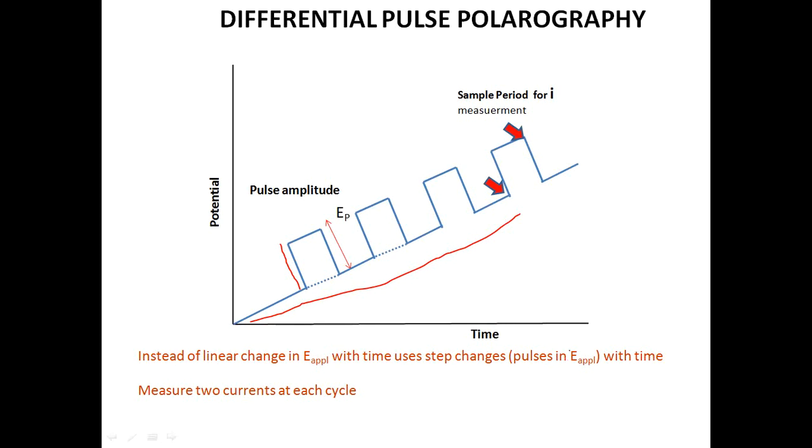And the difference from normal pulse polarography is that the current is measured twice. There are two sample periods, where the current is measured before the pulse is applied, and again at the end of the pulse, that is once before the drop falls into the cell. So for every pulse, the initial current is measured before the pulse is applied, and then at the end of the pulse the current is again measured. So two times the current is measured in all cases.